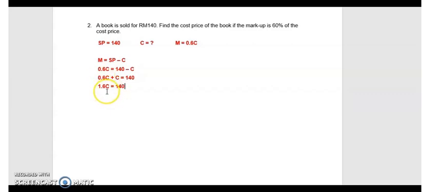1.6C means that 1.6 multiplied by C. So how to find C here? C equals 140. So multiply, you bring to the right hand side becomes divide. So 140 divided by 1.6. So C equals RM